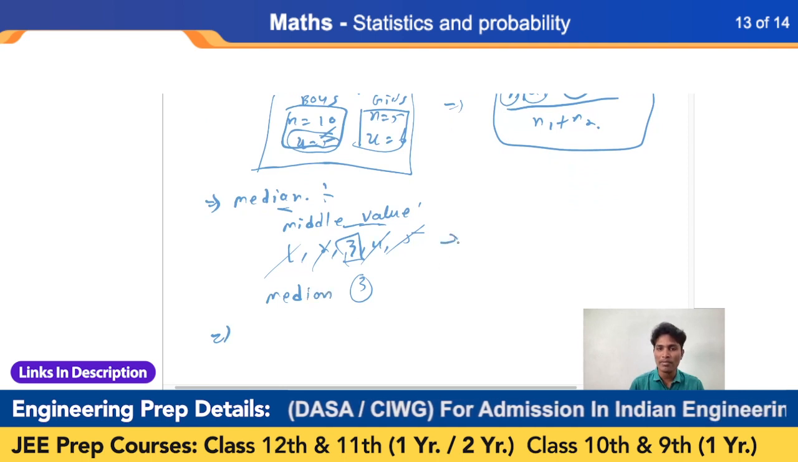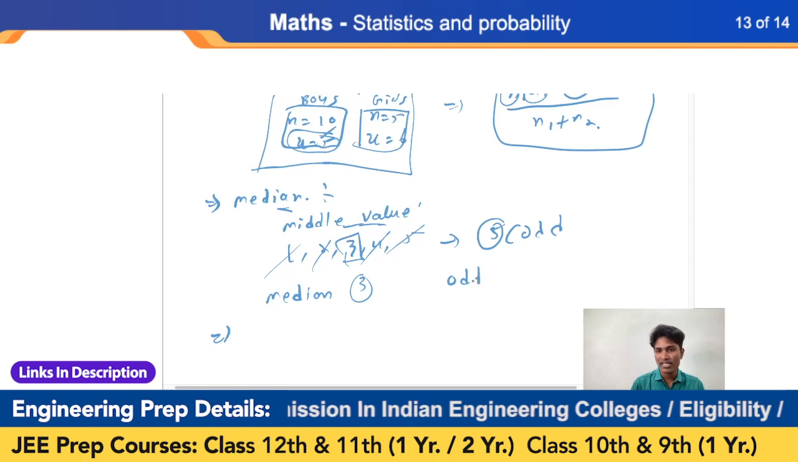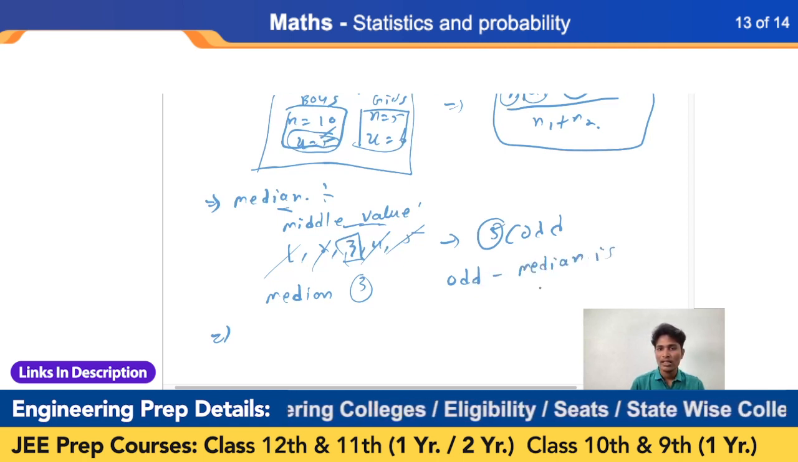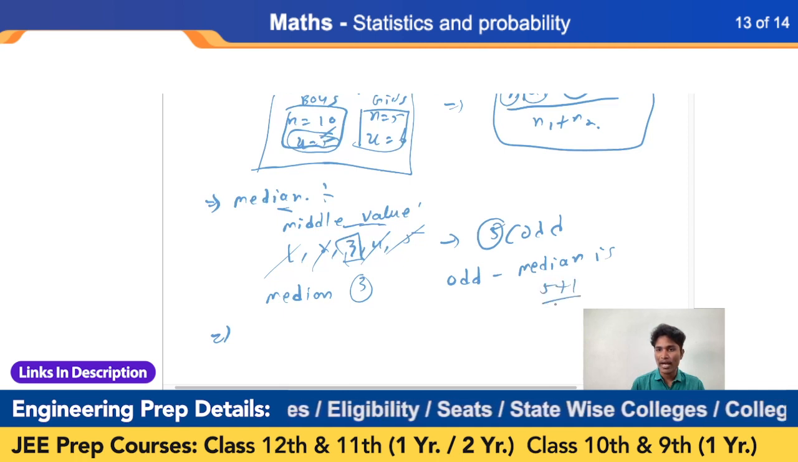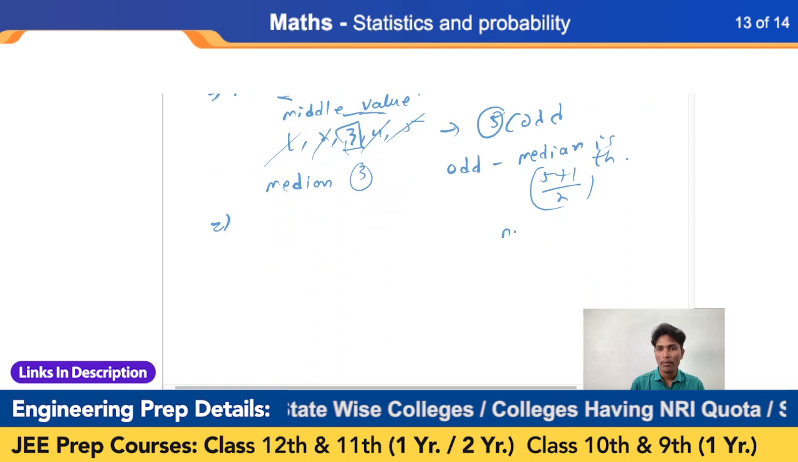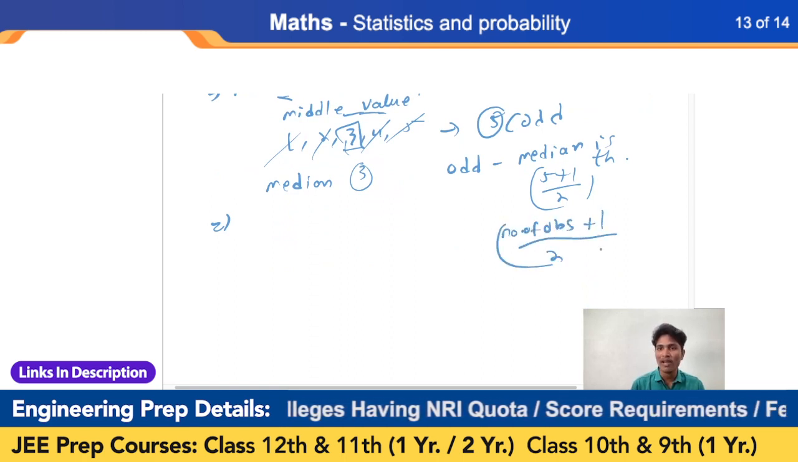Here the number of observations is 5, that is odd. If it is odd, the median is the (5 plus 1) by 2th value. If I generalize this, it will be (number of observations plus 1) divided by 2th value that is the median